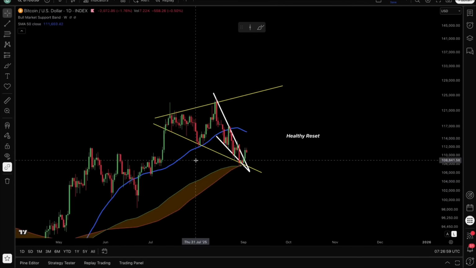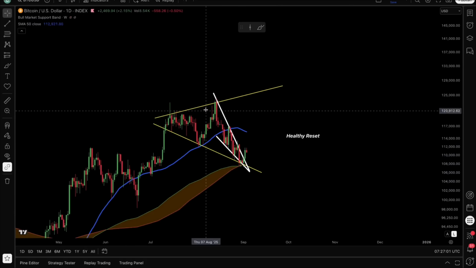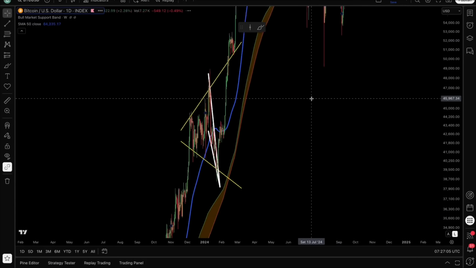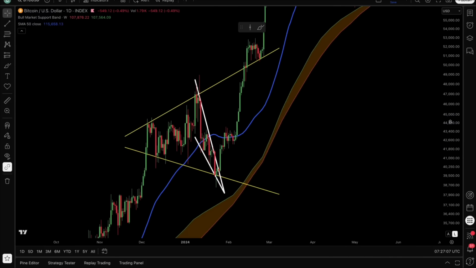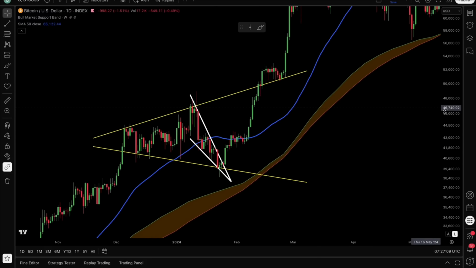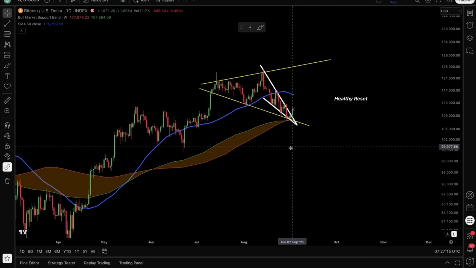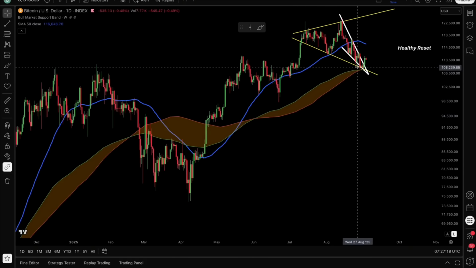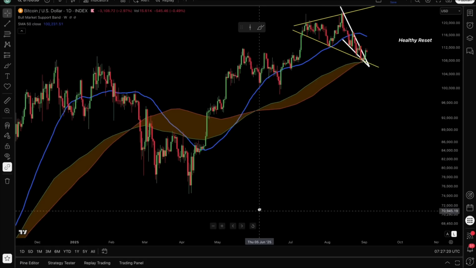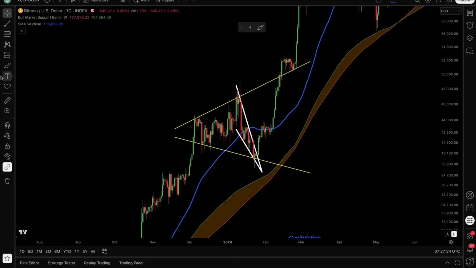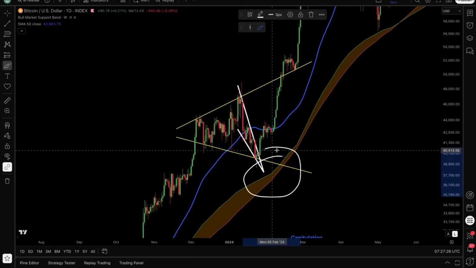First of all, we now have this falling wedge basically breaking to the downside in this broadening wedge, and also exactly something similar we saw in 2024 here. Basically the setup is super identical, only the depth of this current pullback we are seeing now is a little bit heavier, because now we are truly bouncing on the bull market support band, and that wasn't the case in 2024 here. But the bull market support band is going to be huge resistance.